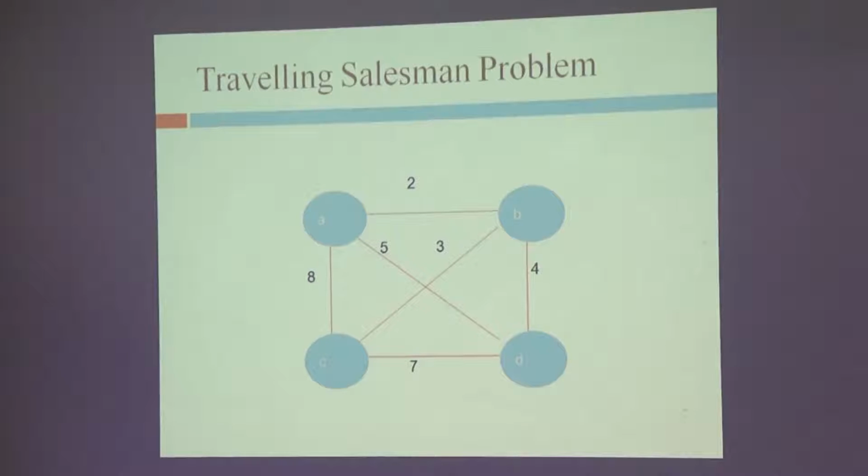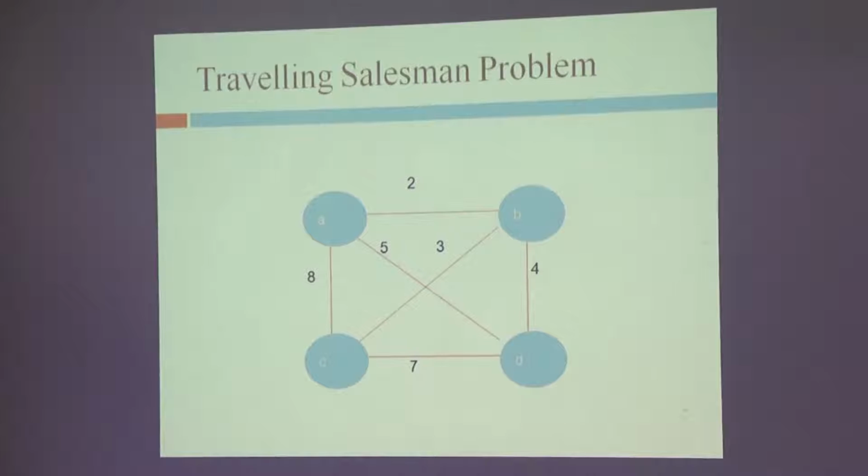So one way of starting with an initial lower bound is take the minimum weight edge, multiply it by the number of cities. Definitely your TSP will be more than that. Okay. So that is fine, but we are not going to use that. Another way of computing the lower bound is for each vertex. Here there are only 4 vertices, so the degree of each vertex is only 3 outgoing edges.